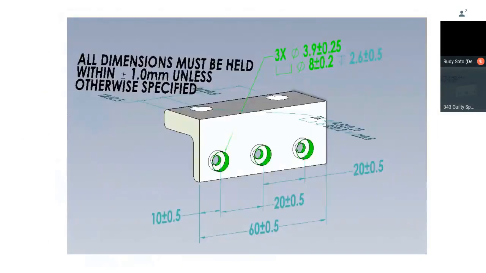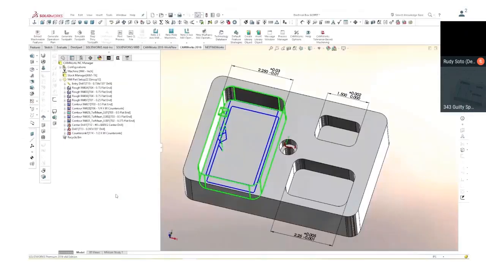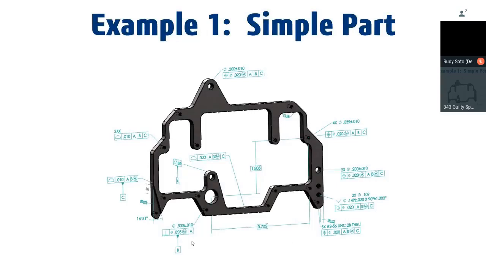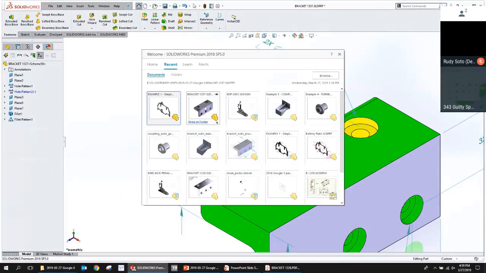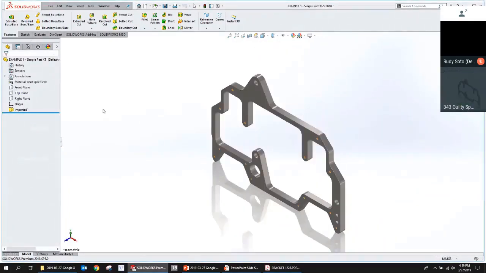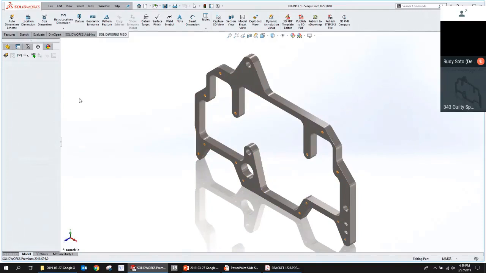Okay, so just a little overview of how this process works in practice. It's not dependent on the CAD feature tree. It can be applied to any model, including an imported model. So this first example that we're going to look at, you can see it doesn't have a feature tree. It's a completely imported model. And so what we do is we turn on the add-in for SolidWorks MBD. We can see it's on here. We go to this fourth tab here, which is the DimXpert tab, and we begin adding in DimXpert information.